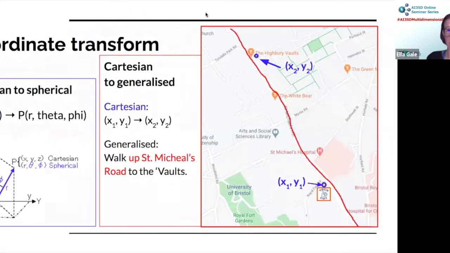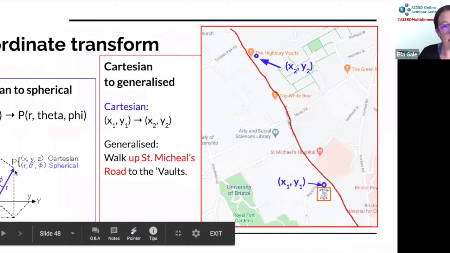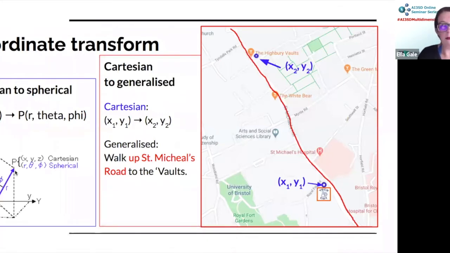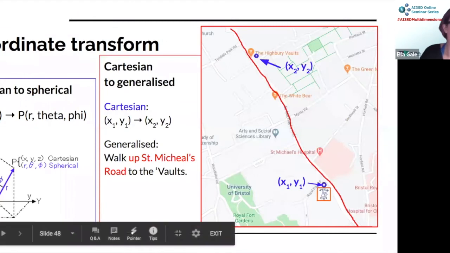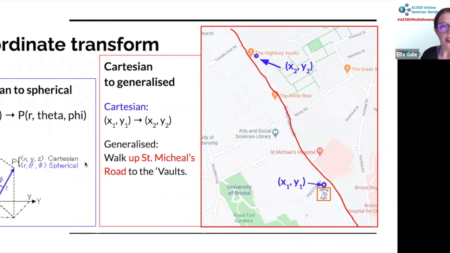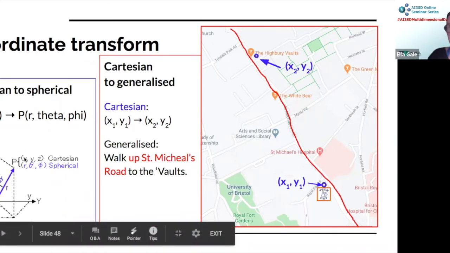Okay, but I am going to talk about coordinate transforms. In a coordinate transform, you change from one set of coordinates to another. So with Cartesian to spherical coordinates, I'm sure everyone on here has done this. The point P is in 3-dimensional space here, and that point is in the same place regardless of whether you describe it in x, y, z Cartesian coordinates, or r, theta, phi spherical coordinates. Now, one of these coordinate systems might be more useful for your problem, so that's why you might do it. You might change from Cartesian to spherical if you were describing spherical objects, for example.